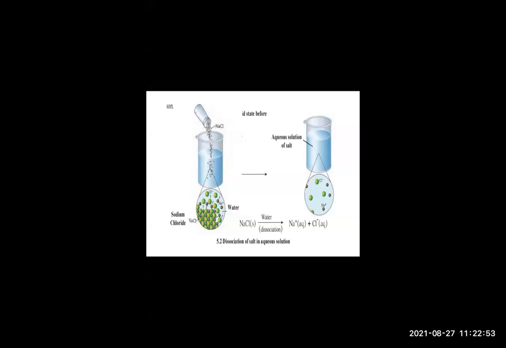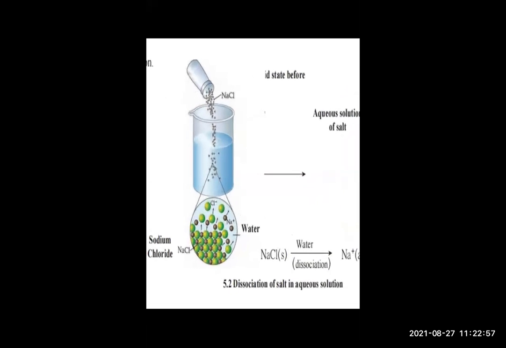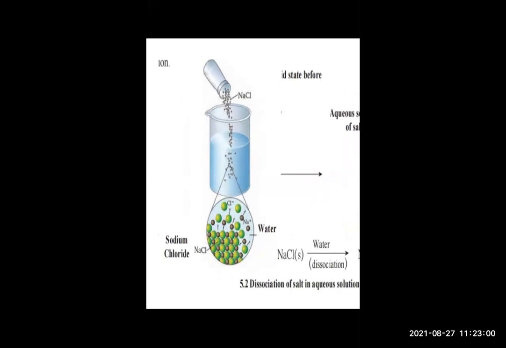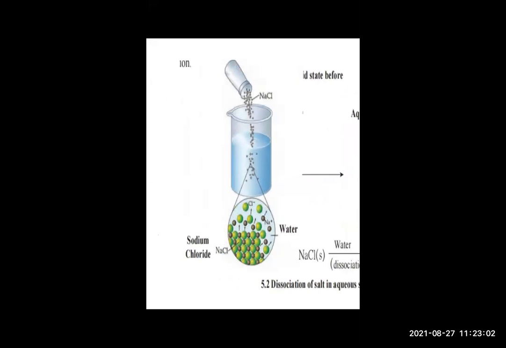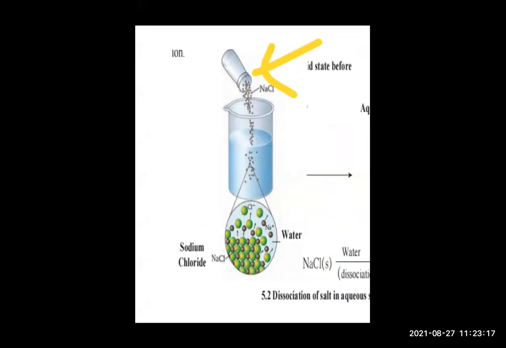Okay. So I hope you all understood what is meant by dissociation reaction. Now in the diagram you can also see the water molecule separating sodium chloride. So in a beaker, you can take a glass of water as shown in the diagram. Add salt. So you can see in the diagram how it is done. So this is a salt. NaCl means salt. You are adding it to the beaker containing water. So when you are adding it, water enters between sodium and chlorine.